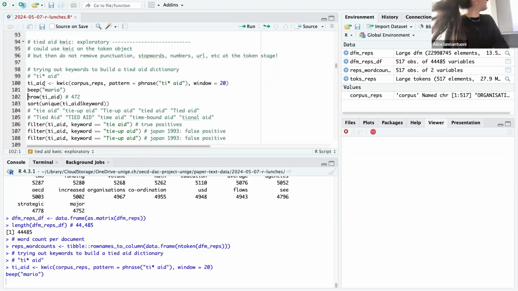Through this command, I'm asking it to search for the pattern "ti" and whatever else afterwards, space "aid", in this corpus. And I'm asking it to spit out a window of 20 words before and after the phrase. So what I'm going to get once the music rings is a data set where each row is a mention,